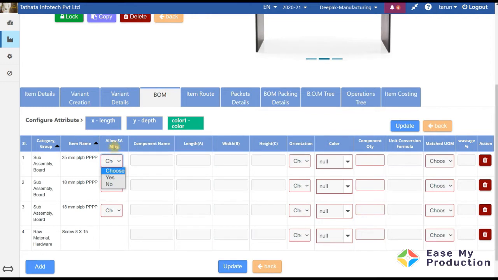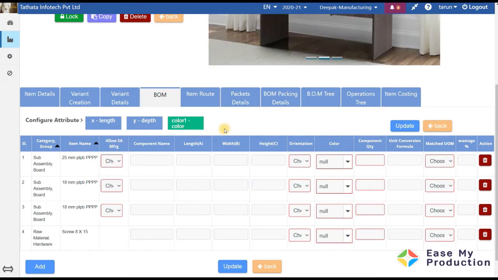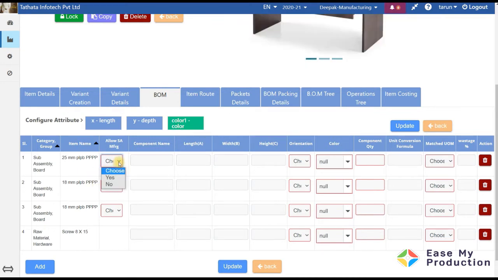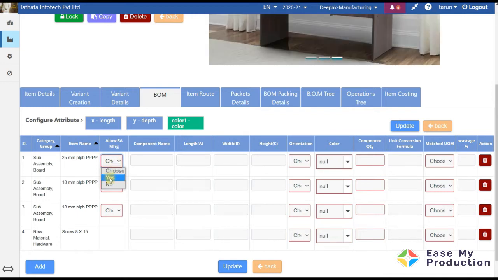Now suppose you already make tops and store them in your store, and from the store you want to use those, then in that case you don't need to manufacture these sub-assemblies. But if you want to manufacture it at the time of manufacturing this table, then you choose yes.